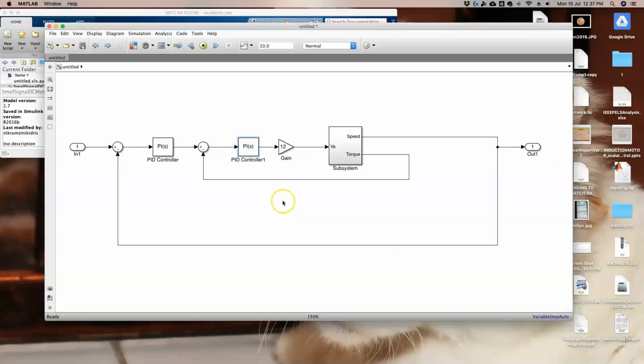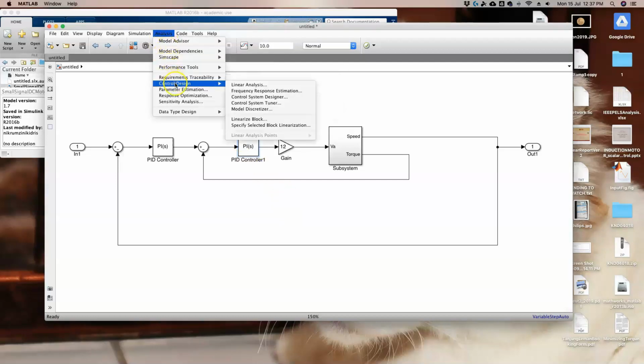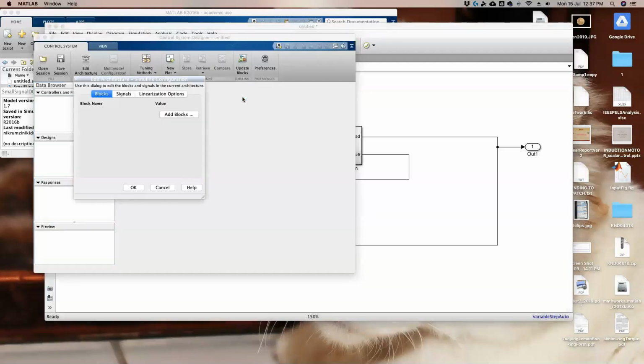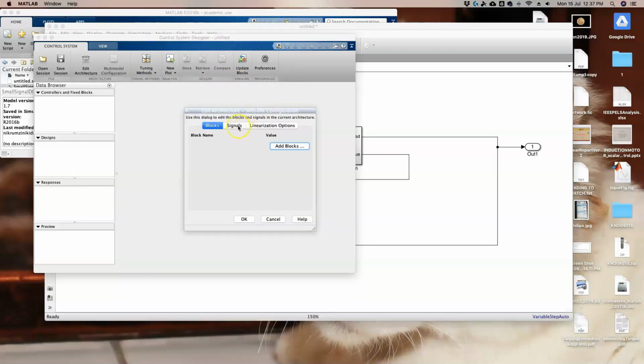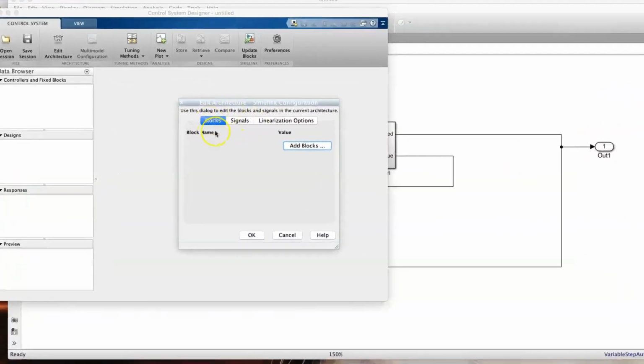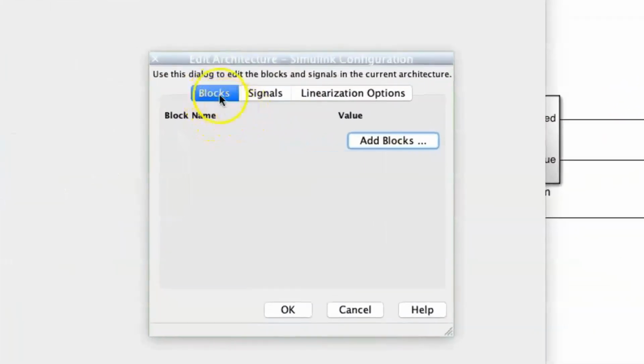Okay, so we will now start the design. We go to the Analysis menu, Control Design, and I will select the Control System Designer. Okay, so we have opened the Control System Designer window here, and the first thing that we need to do is to define the architecture of our system. The first tab here, which is the Blocks tab,